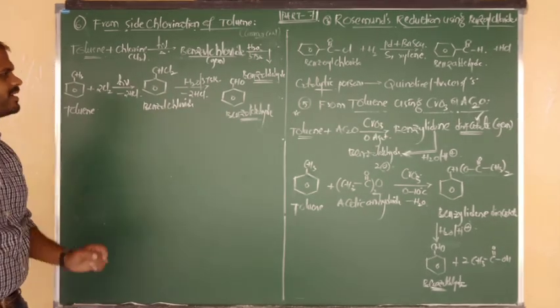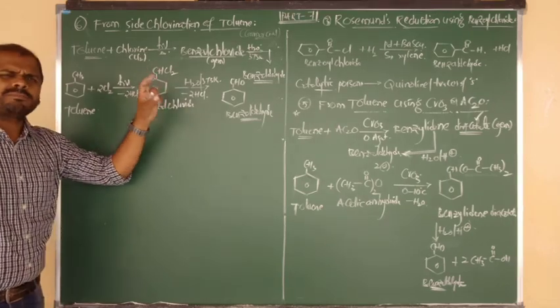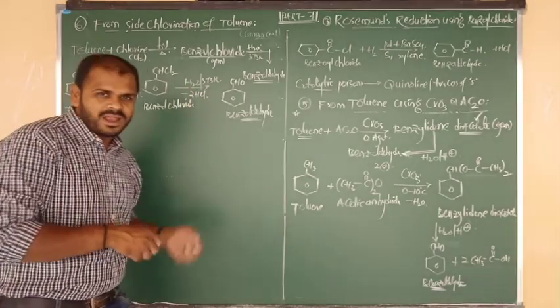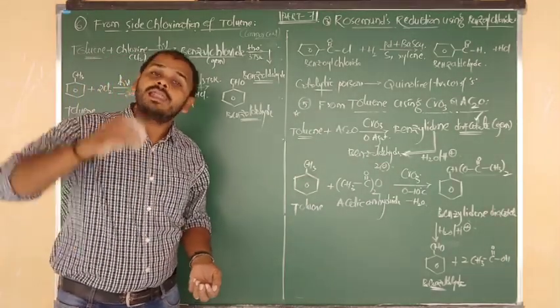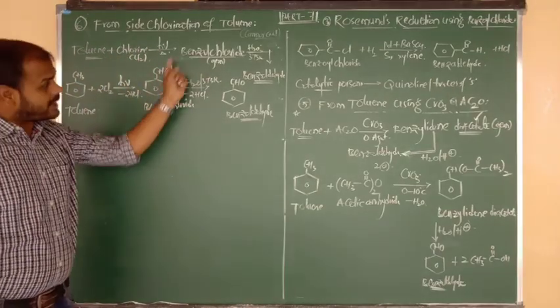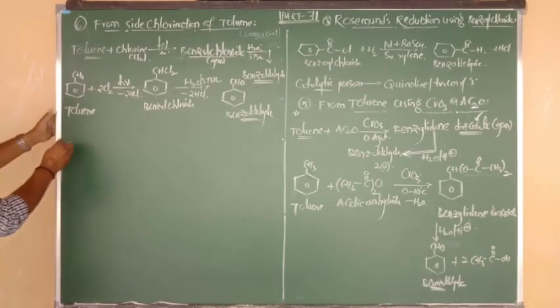Okay, now beta? Good. Now listen carefully. I want to tell you one thing. Here simple hydrolysis is taking place at 373 Kelvin. Not only simple hydrolysis, you can do alkaline hydrolysis also. So benzyl chloride upon alkaline hydrolysis can also give benzaldehyde. I am going to show you the reaction.